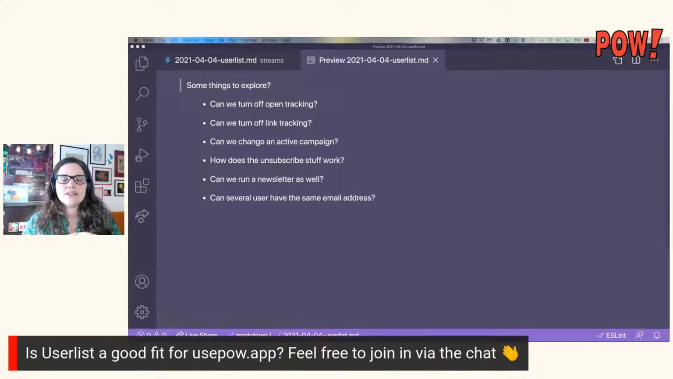So I want to check out if Userlist lets me change things along the way, so I don't feel locked into that onboarding sequence and I can never change it without archiving it and then starting with a new one. I also want to have a look at how unsubscribe stuff works, which seems super simple,